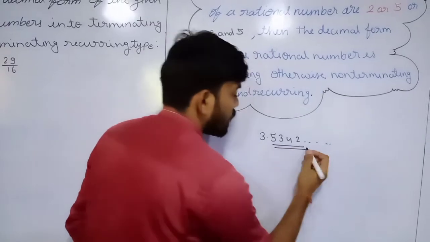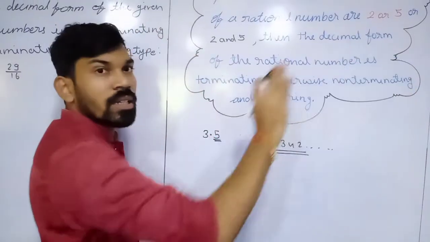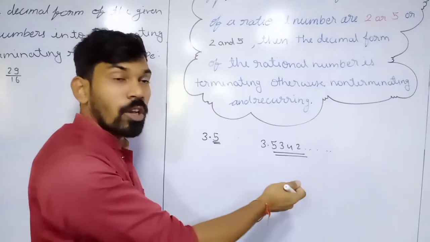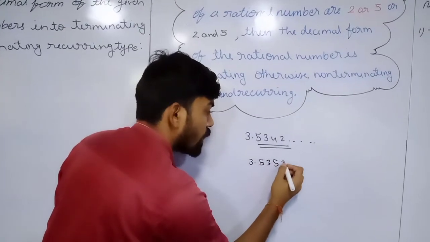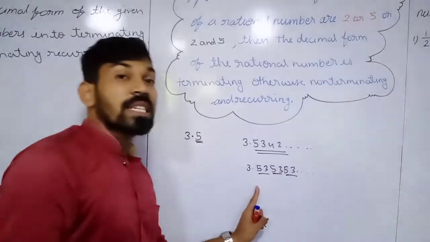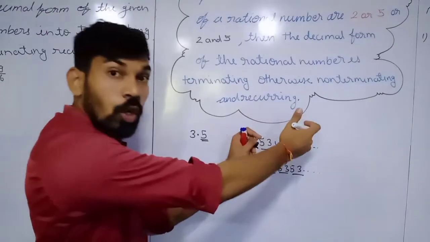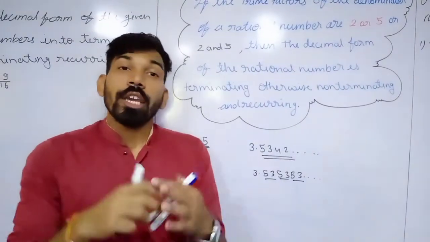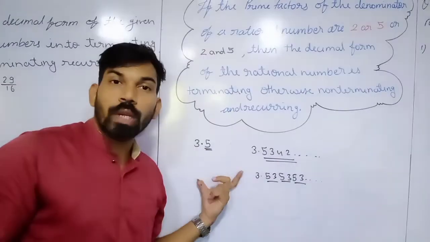If we have, after the decimal point, 5, 3, 4, 2 and any numbers come until infinity, meaning no specific digit or sequence is following, it's called non-recurring. And if we have, suppose, 3.535353 and this way, this means after the decimal point the sequence 53 is repeating, so it's called recurring. So terminating, non-terminating. In non-terminating we have two types, recurring and non-recurring. If we have the decimal form, we can easily classify into these categories.